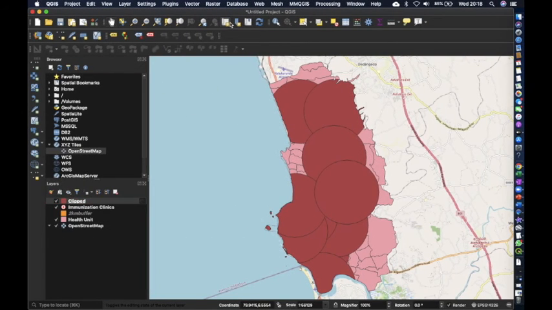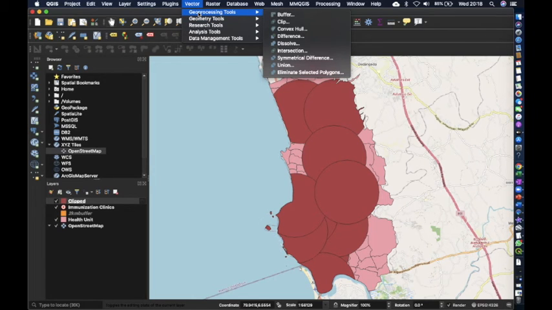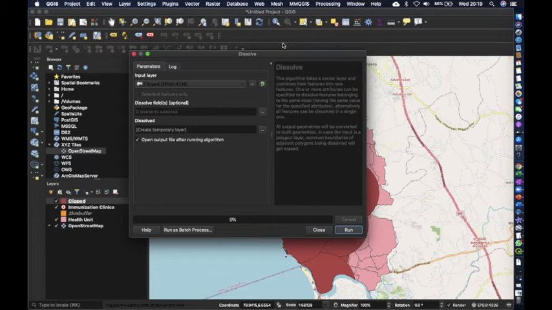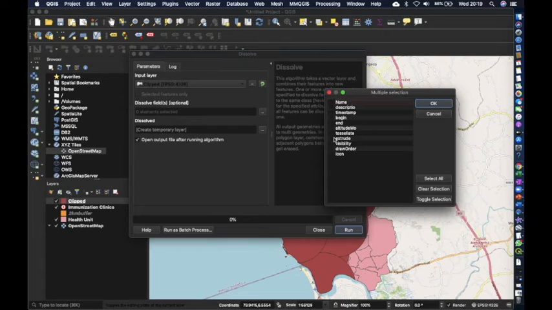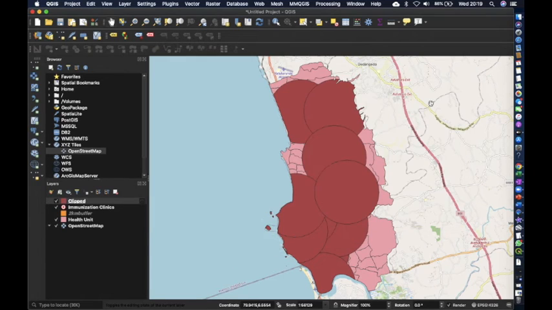So I go to the vector, geoprocessing tools again, under that, dissolve. In that dissolve, I'll select the input layer as the clipped layer. I use this column, extrude, which has zeros in every row. So click OK.